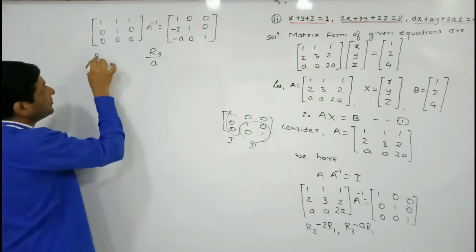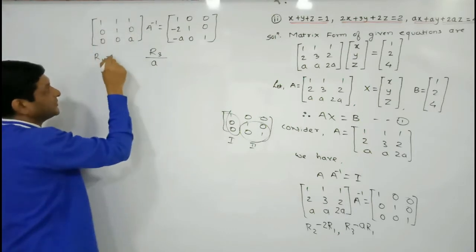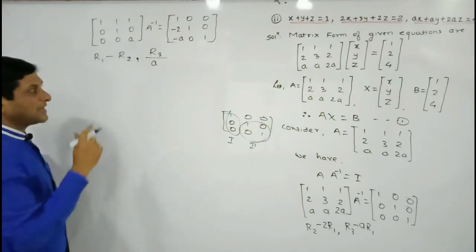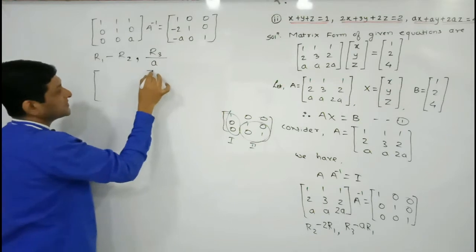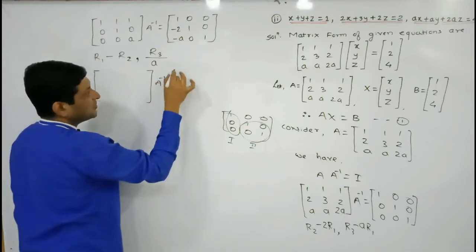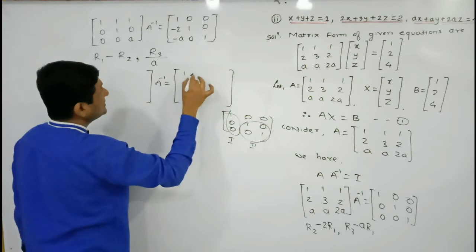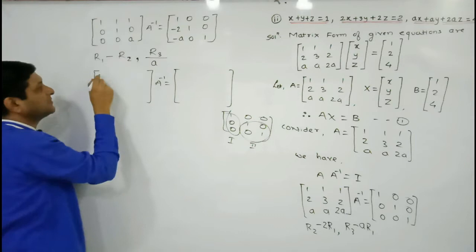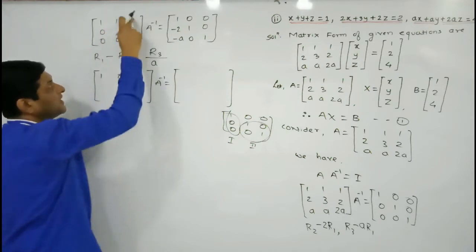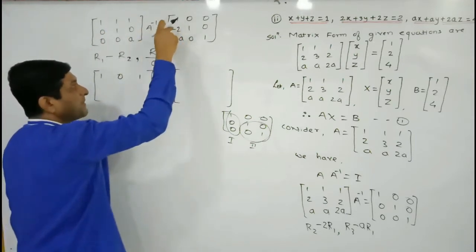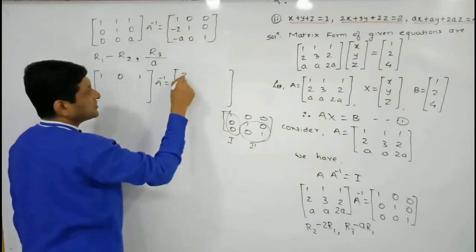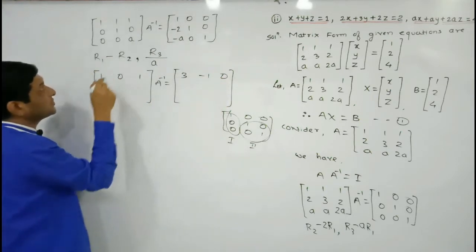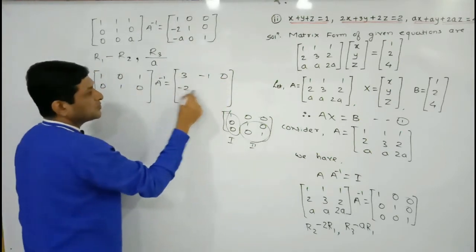So here our operation is on R1 minus R2, meaning we are performing two operations, one on R1 and another on R3. So let us perform these two operations. A inverse, keep it as it is. On this side also one operation is on R1. Let us perform this operation on R1. 1 minus 0 is 1, 1 minus 1 is 0, 1 minus 0 is 1, 1 minus minus 2 means plus 2, 1 plus 2 is 3, 0 minus 1 is minus 1, 0 minus 0 is 0. There is no operation on R2, so keep the elements of R2 on both sides as they are.